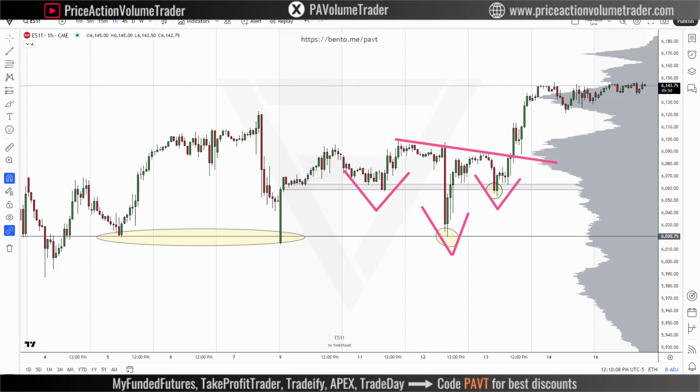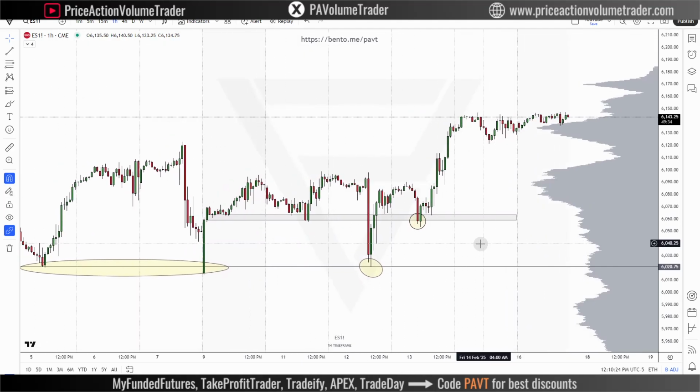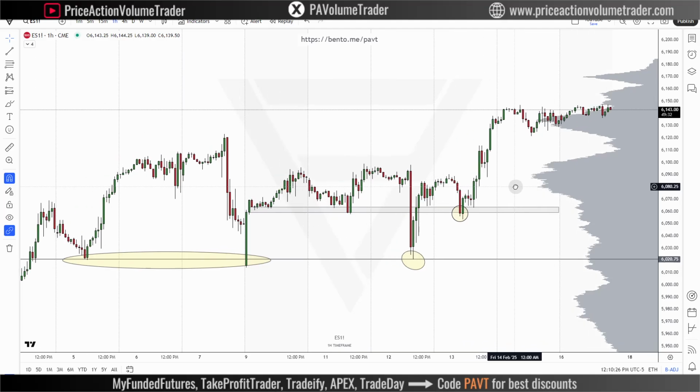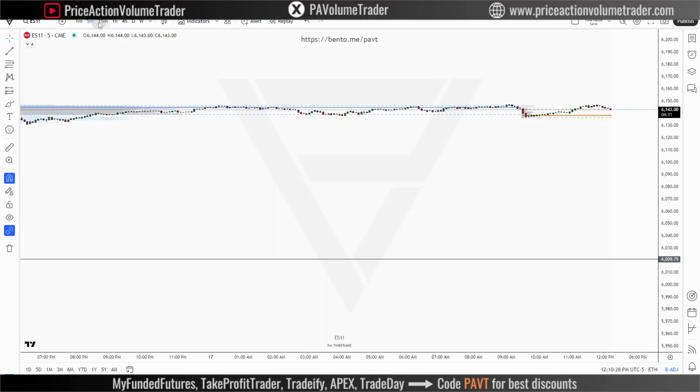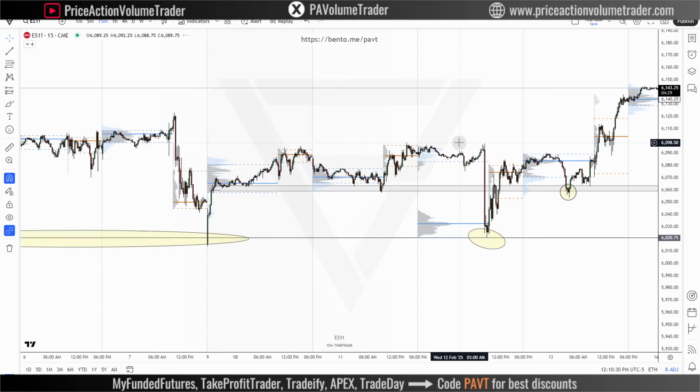So in this case, the signal for the head and shoulders would have been the breakout of this neckline here for this inverted head and shoulders. But you can see the over-under would have given us an earlier entry. Okay. But basically, we can see examples of this everywhere. If we go into the 15-minute,